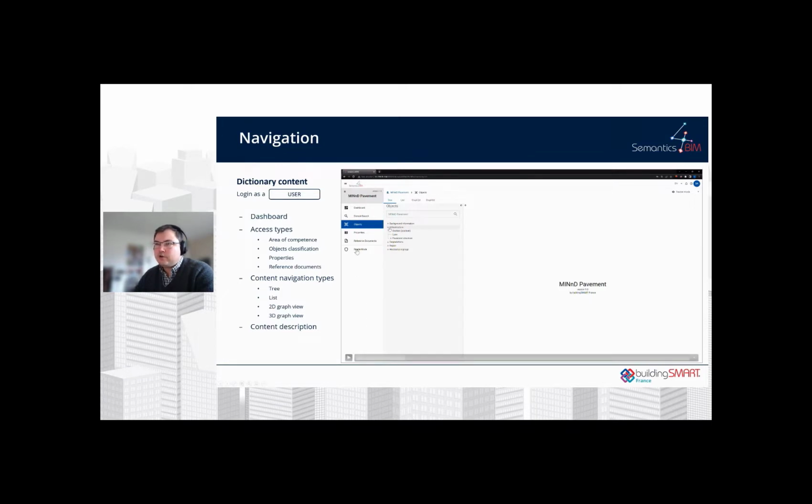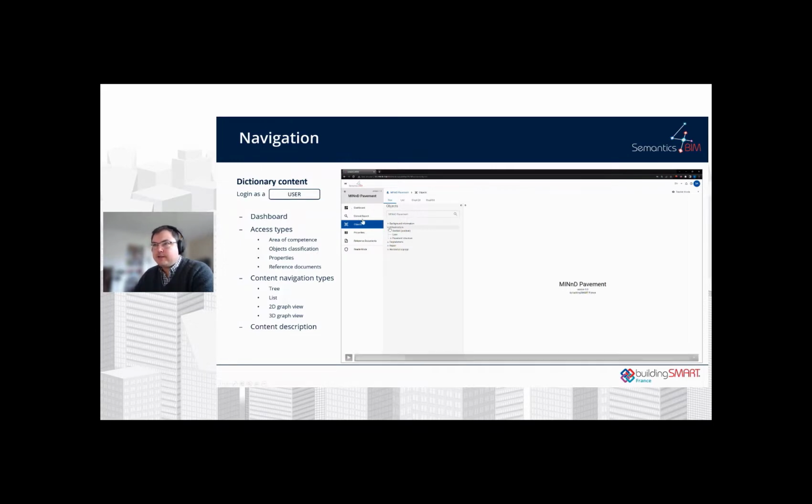Here on the left, you have some different accesses to the content of this dictionary. You have first here a dashboard. We will come back to that later, but it is a page where we will be able to have some information about the evolution and the work done in this particular dictionary.